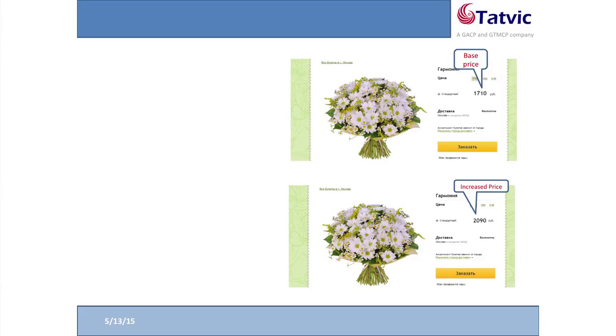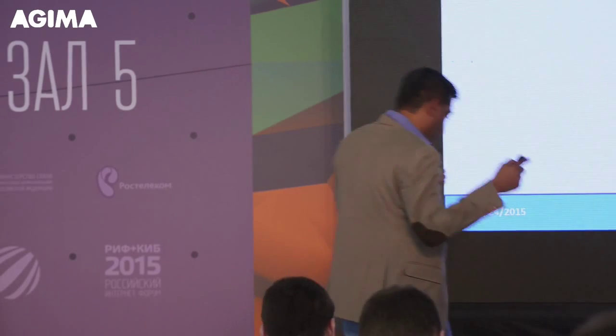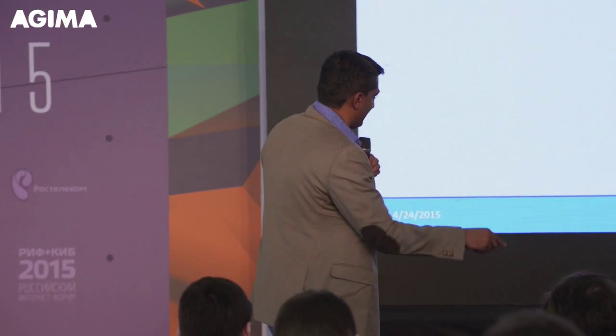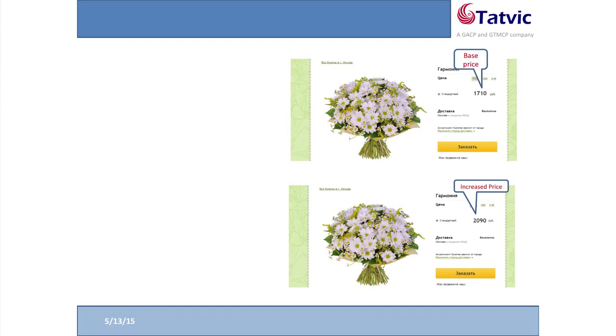The actual base price of a product is $17.10. When you work with Lyft Suggest as a solution, you implement a JavaScript on all the pages, and that JavaScript changes the price for a certain set of visitors to